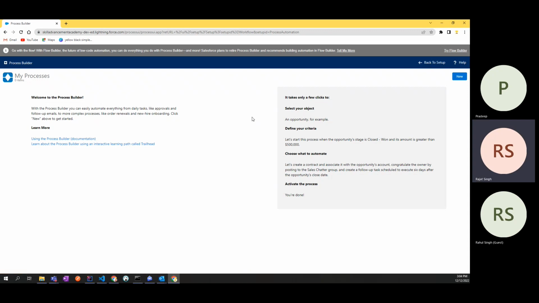Okay, so we can create a process builder. Before we go ahead and start with the process builder, the process builder is also a kind of automation which we do in Salesforce. So before going ahead,